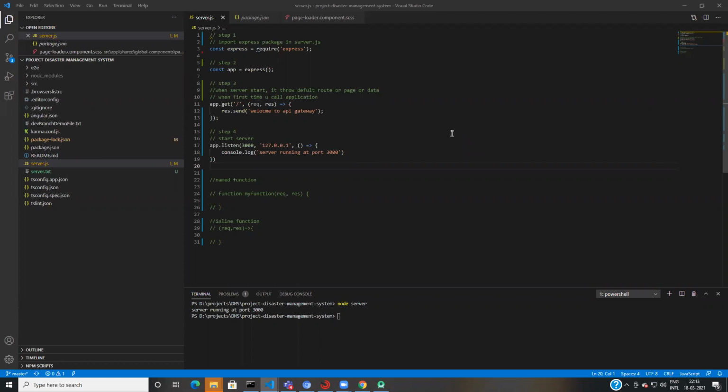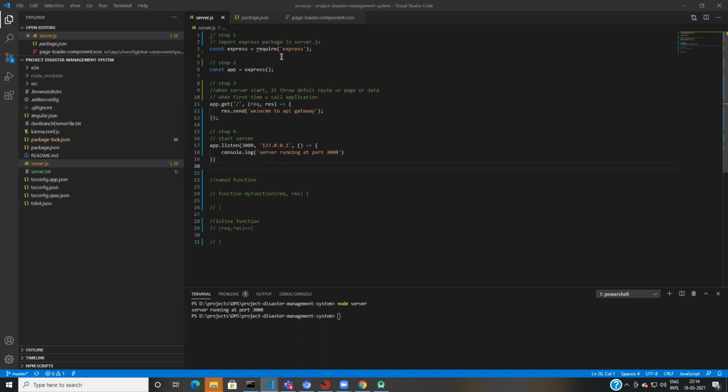Since we don't have the database, we have not started the DB part, so we'll be playing with arrays. We will be playing with arrays because we don't have the DB. I don't want to make this example complex, so I'm keeping it very simple. I'm having one array, and on that array only I will be performing all the operations of my API. Okay, so let's start making APIs.